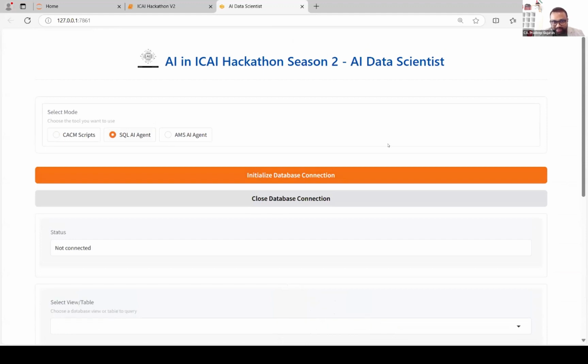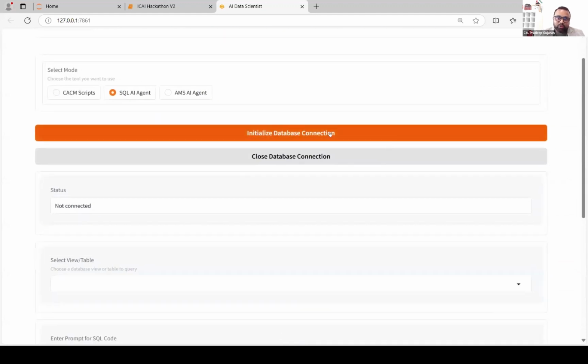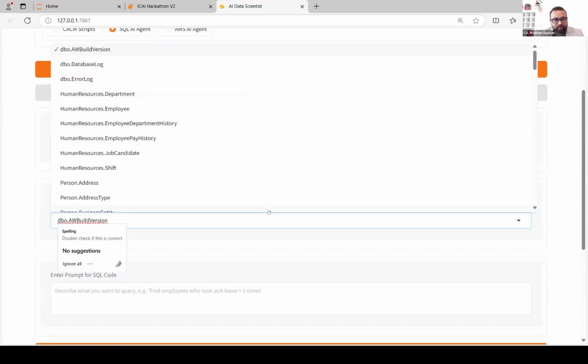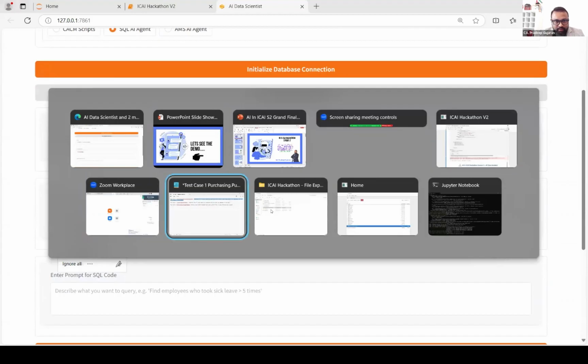Now, first of all, let me give a disclaimer. For this, I am not paying anything. I'm using Google Gemma API, and it's free to use if you are using cloud. If you are using Grok, Grok is basically an interface where you can do API calls. So I'm now connected to the database, and here I have written some tests.